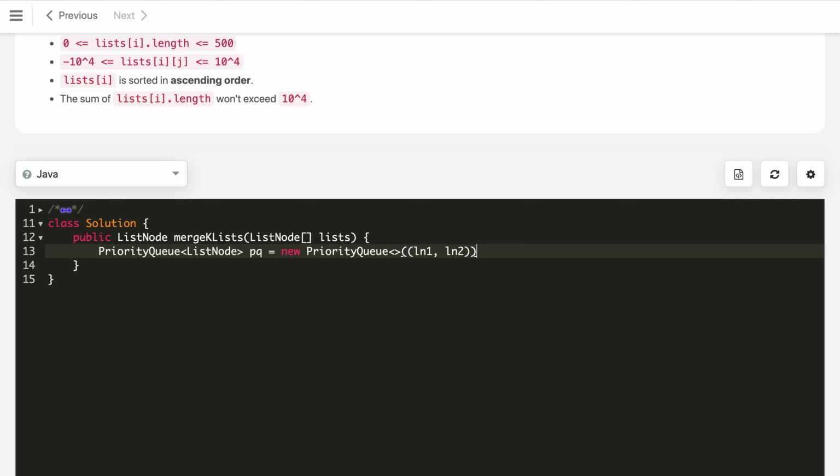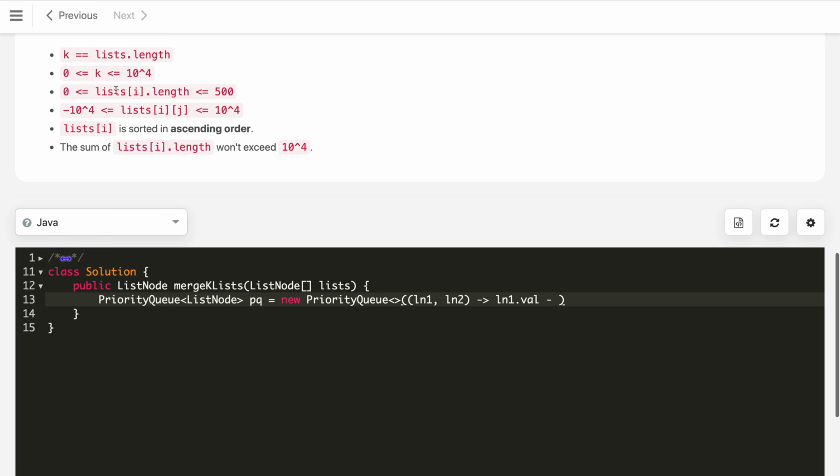And when we get the 2, then we compare the values, ln1 dot val minus ln2 dot val. We can do that if the value ranges allow, and you can see the value ranges are in this. So we subtract 10 power 4 with 10, it's still valid. You can also use the Integer dot compare method, that is always the safer side. So I am using this, that's fine.